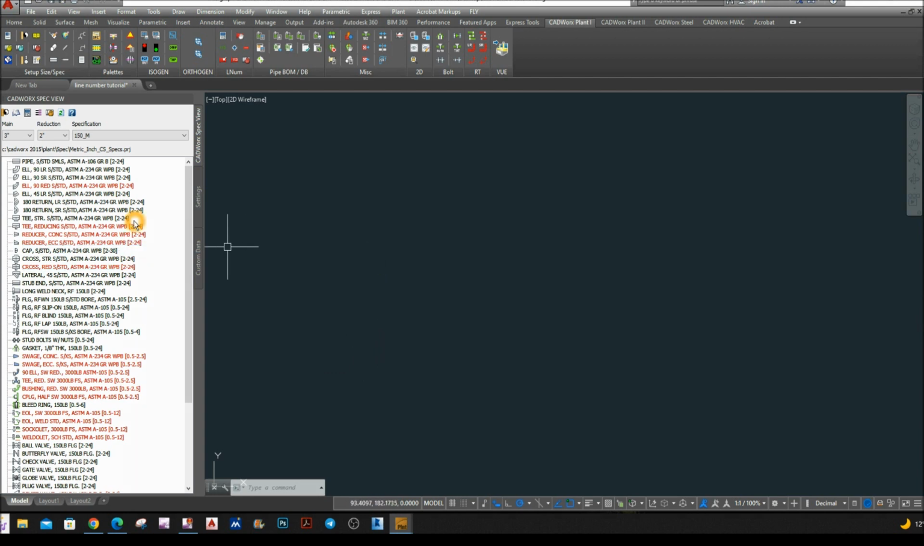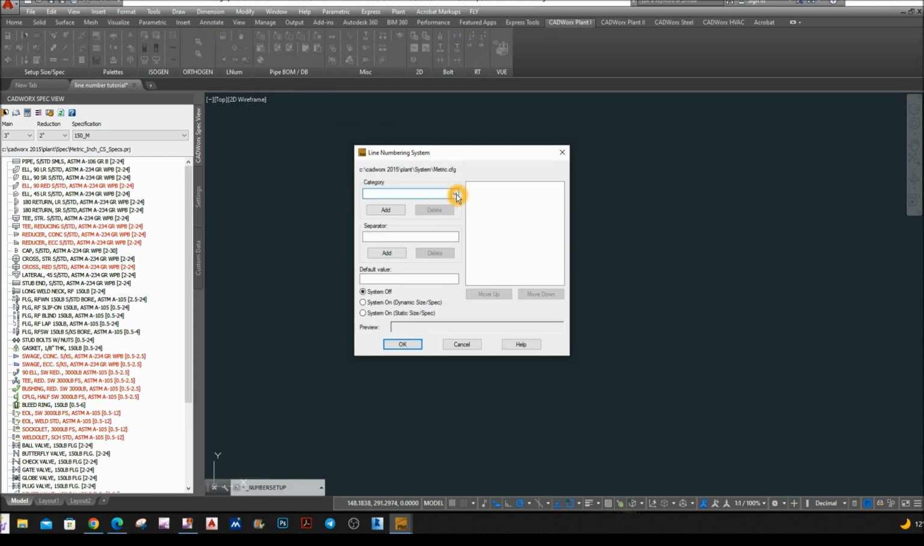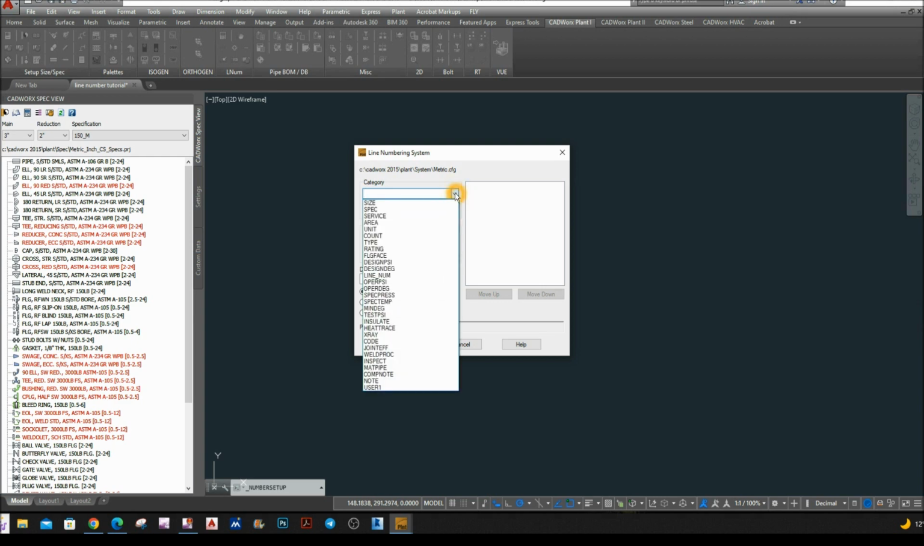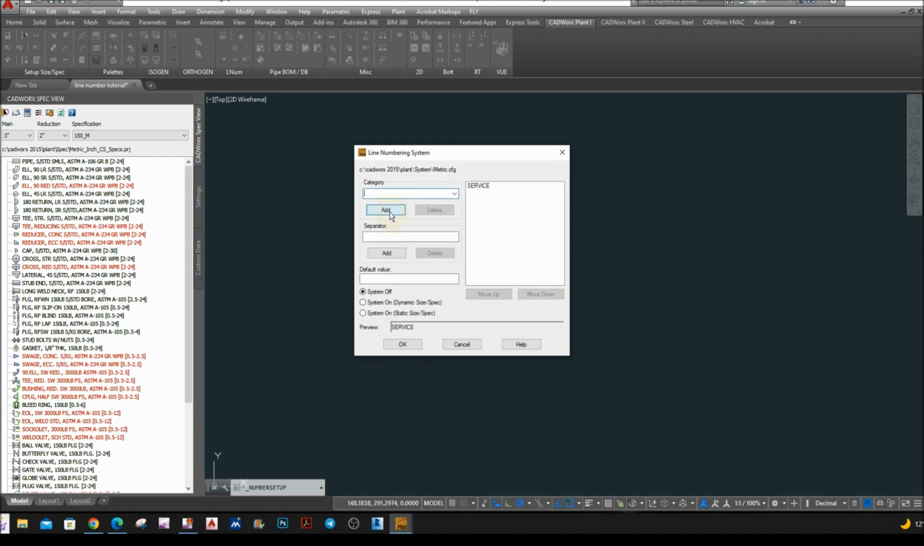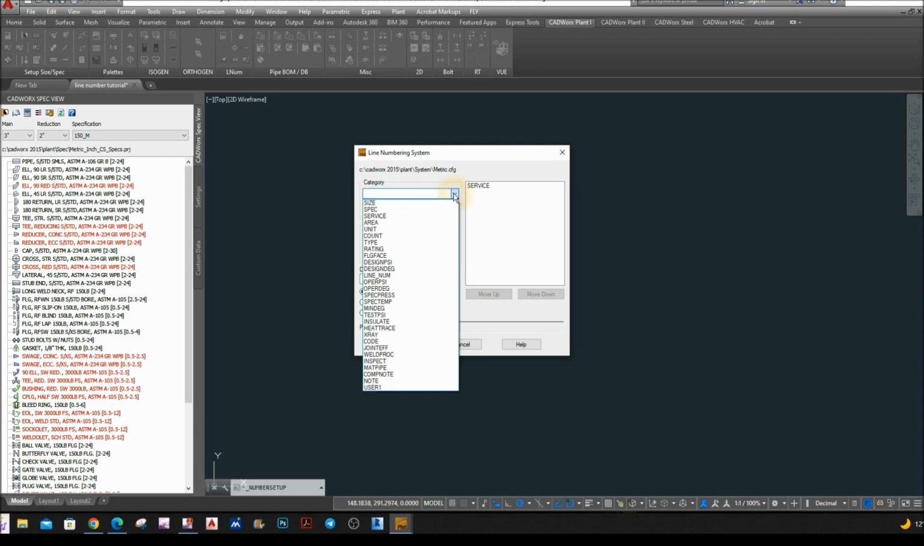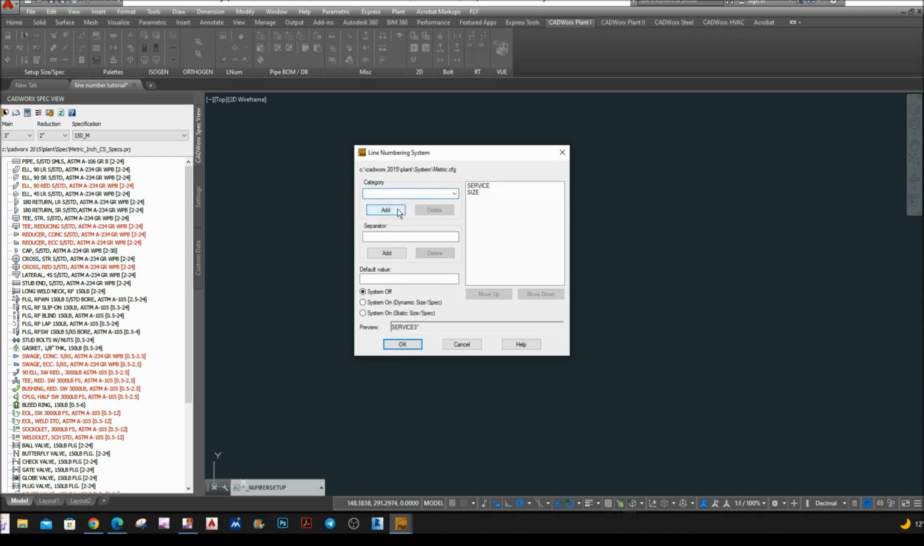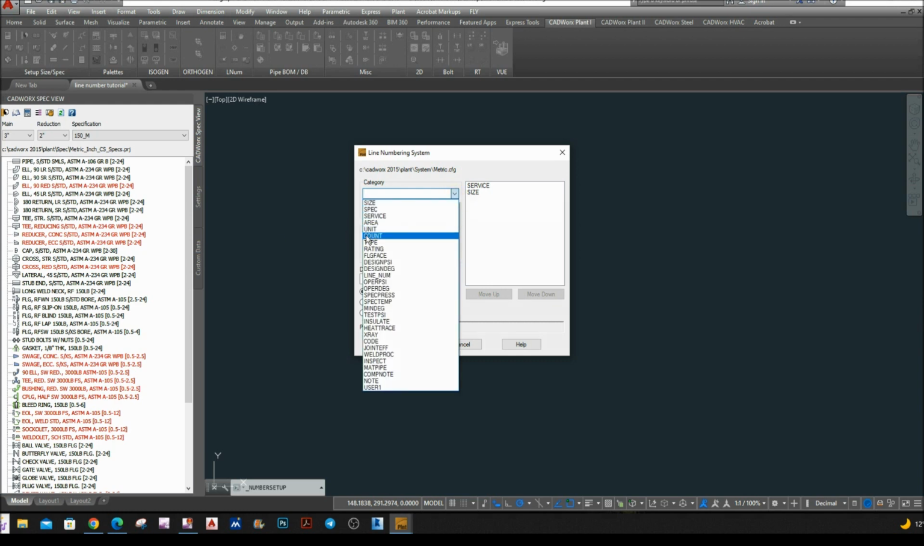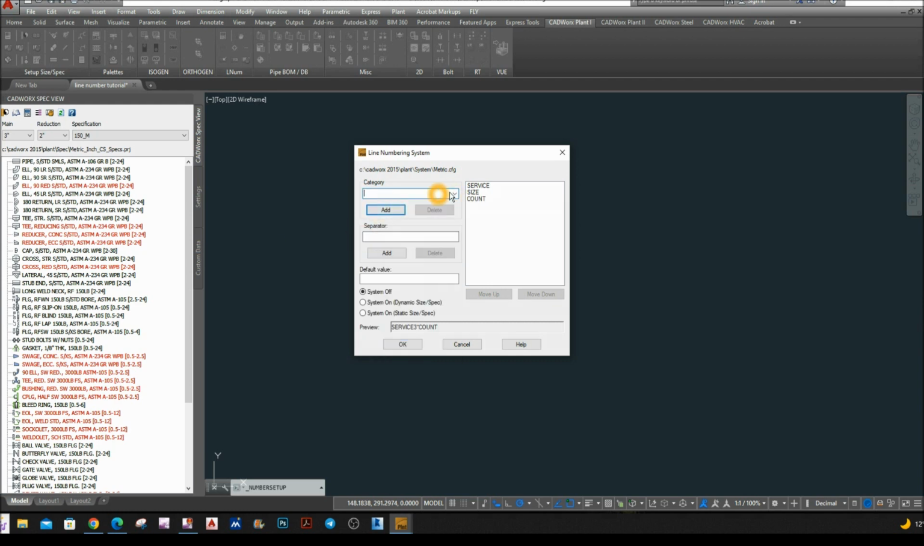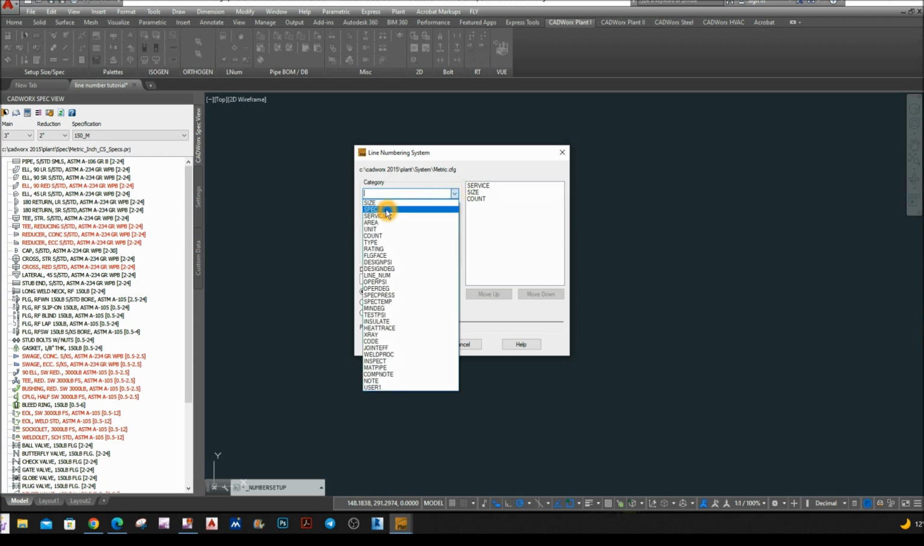As you notice here, there is still no line number attached inside the Spec View palette. To do that, click this button here, the Setup button, and enter the category. So click this one. I'm gonna start with Service first. Add. The next one would be Size. Add. And the next one would be Count. Add. And next one is Spec. Add. The last one is